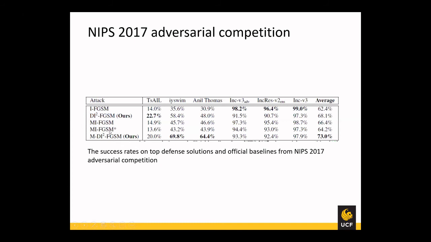The MIFGSM star are the results that were actually given out in the NIPS 2017 competition. And this normal MIFGSM is the results that they got when they applied MIFGSM themselves on these models. The difference is because of random probabilities, but overall there's no difference otherwise. And in this,